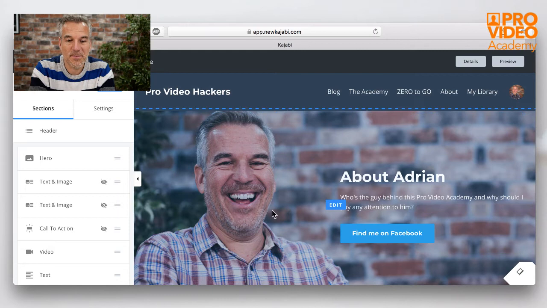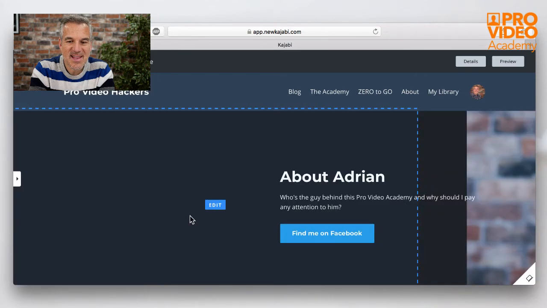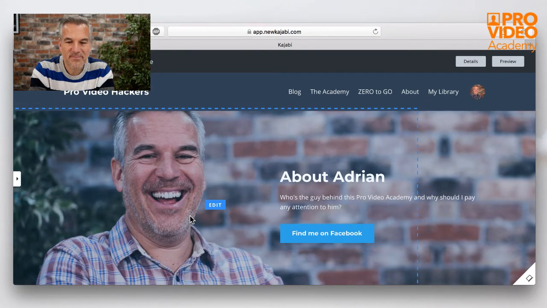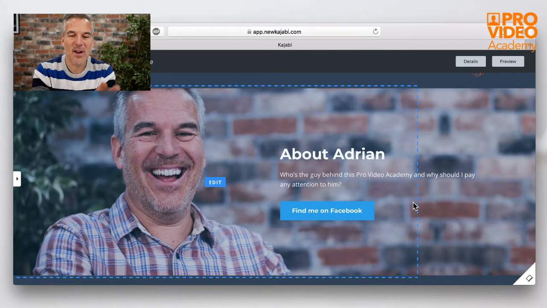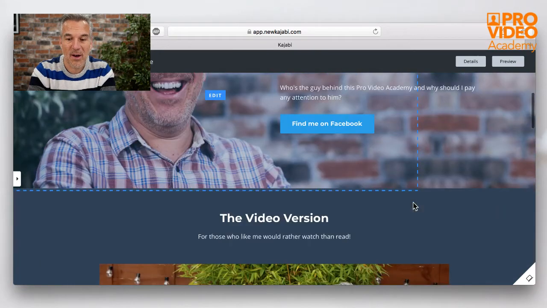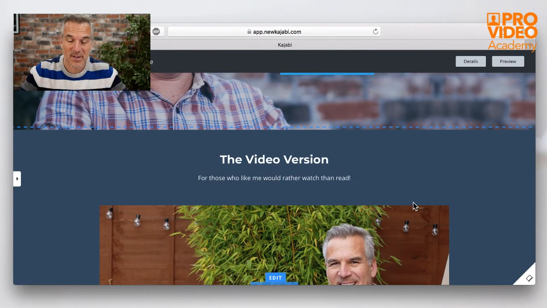Right, my about page. What I can do is push that off and lose that for a bit if I want, so that I can have a look at the screen as it should be. If you remember, like some of those other pages, we've got an area where I can move the text to the side and put a call to action underneath it. That's what this is. And that image in the background is just the background of this section. All these pages are just built up in blocks, one on top of the other.